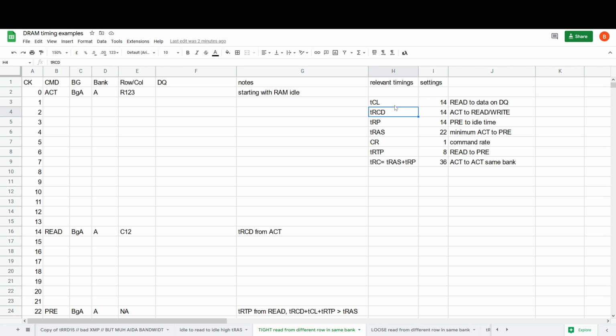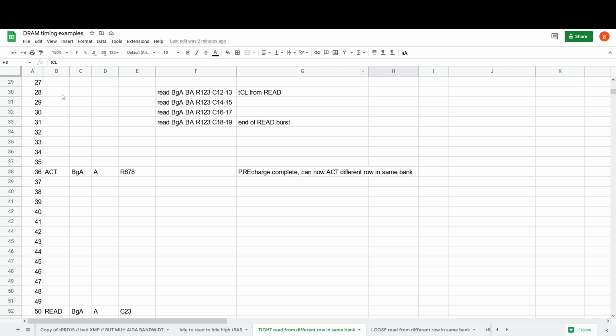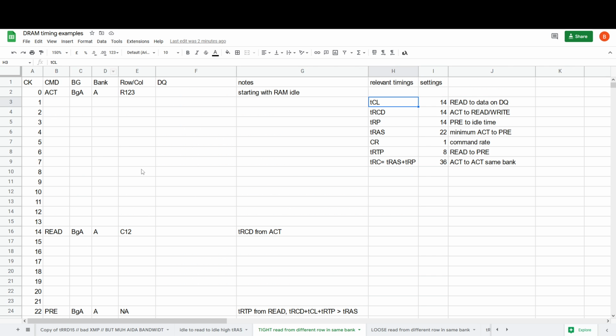So you go tRCD, then you do TCL, then you do a tRAS and tRTP check, right? You check that you've satisfied both tRAS and tRTP. Whichever one is looser is the one that gets used. Then you run your tRP. Then you have to check if you're satisfying tRC, and then you can send another activate command. And then you get tRCD again, TCL, tRC. Oh, actually, we skipped over TCL